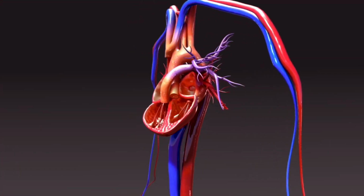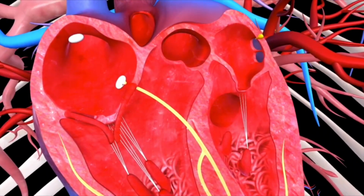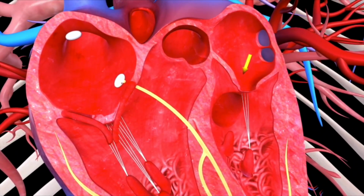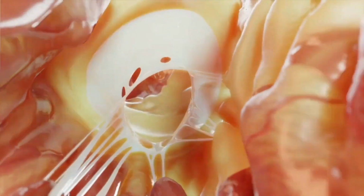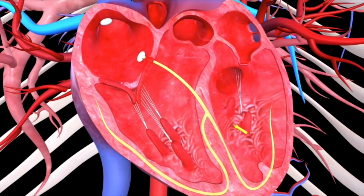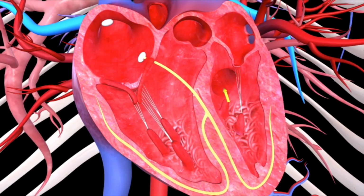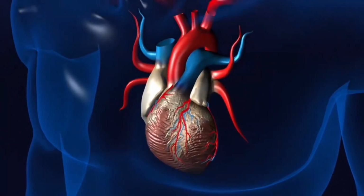One of the pulmonary veins dumps into the left atrium. Soon after you reach the left atrium, a familiar process begins again, as the atrium contraction sends you down through the mitral valve and into the final chamber, the left ventricle. From here, you will embark on an adventure through the body, because the next ventricular contraction will send you bursting